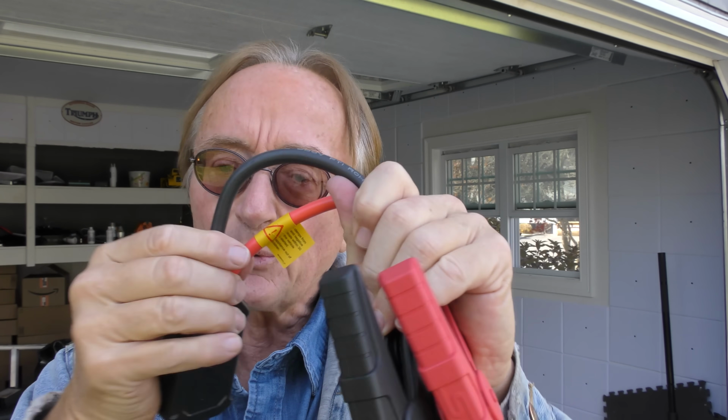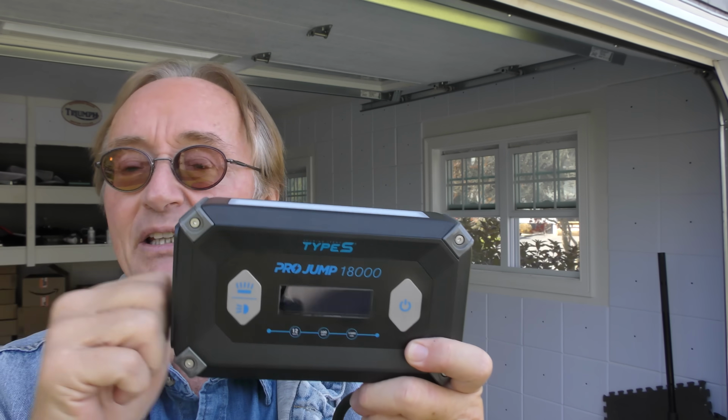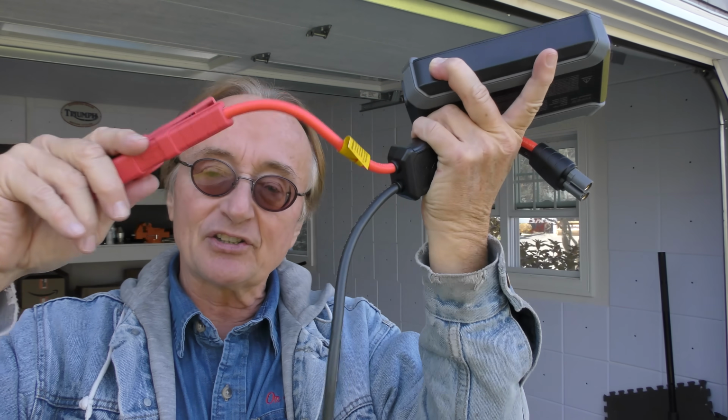They're thick. These are real jumper cables. This isn't one of those $50 ones or $30 ones. The skinny little wires you're going to attempt to start your car with will probably melt, right? This is a serious jump starter. I don't know how they get that much power in these tiny little things. Maybe you're looking for a Christmas gift for the man who has everything. Well, this thing will start his car up to 9 liters, and most cars don't have engines that big anymore, so...